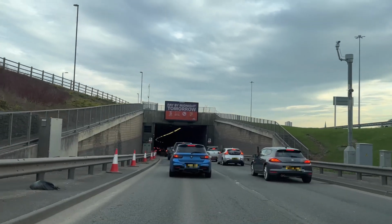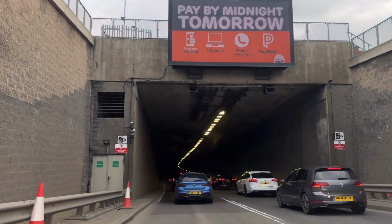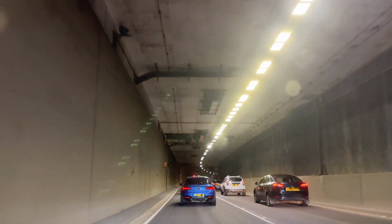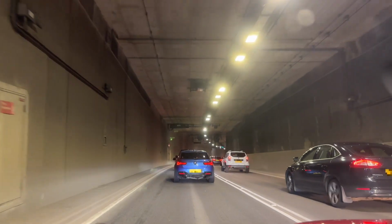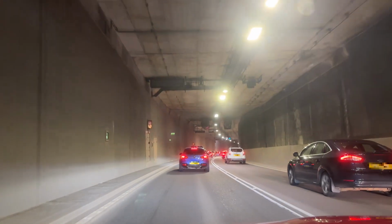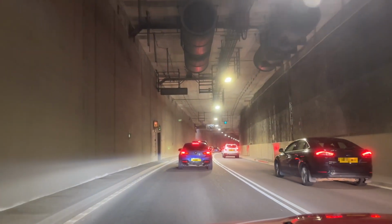The first Tyne vehicle tunnel was a remarkable achievement, but it soon became clear that it was not enough to cope with the growing traffic demand. In 2004, the Tyne and Wear Integrated Transport Authority launched a scheme to build a second vehicle tunnel slightly to the east of the existing one. The project cost $139 million and involved digging a new tunnel, refurbishing the old one, and building